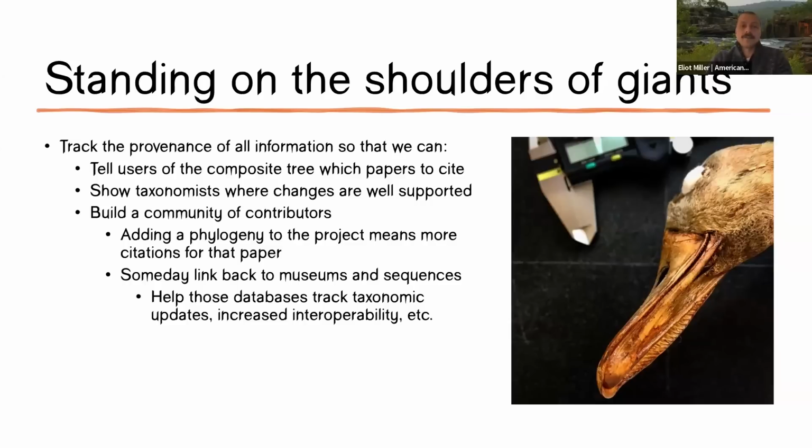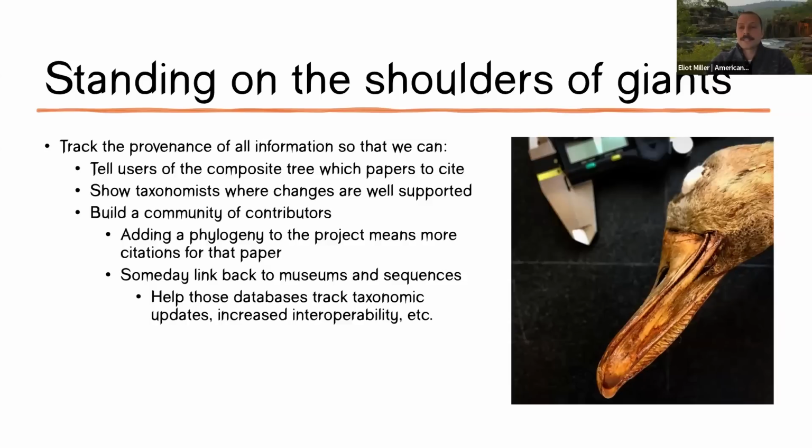So now, for example, we've taken advantage of the information in OpenTree that tracks this to build services on top. So when a user comes along and says, hey, I need a phylogeny for 100 of my study species, it's really easy for us to say, okay, these 3 or these 6 studies were instrumental in providing the information that we relied on to give you that phylogeny, and you should cite them as well.